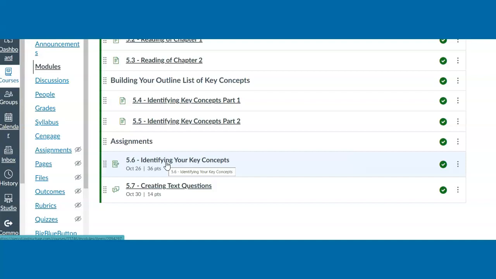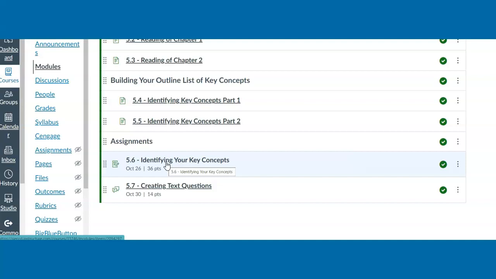Everyone's going to have a different section. There's like 20 sections in chapter 1 and 20 sections in chapter 2. And so you're going to do 12 of them, and then you're going to pick your top 6 and create 6 test questions. 3 of them are going to be multiple choice, and 3 of them are going to be